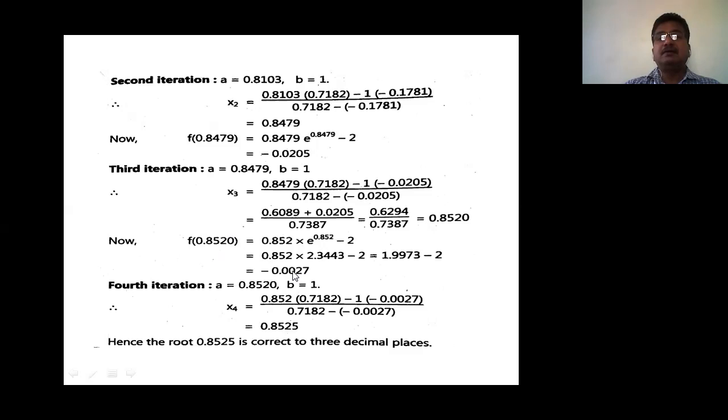And the value at 1 is positive, and the value at 0.8527 is negative, and therefore A is 0.8520, and B is this. Then you find x4, and if you compare these two answers, 0.8520 and 0.8525, this answer is correct up to 3 decimal places. And so write the last sentence, that the approximate root of the given equation is